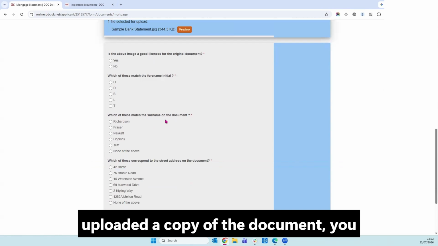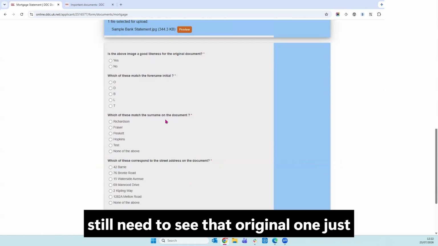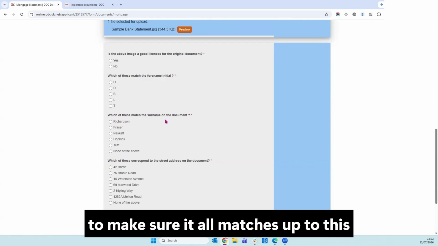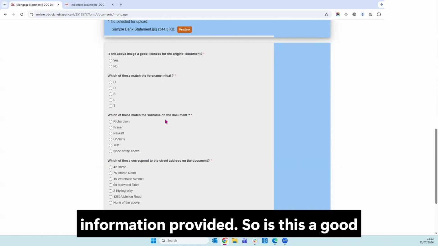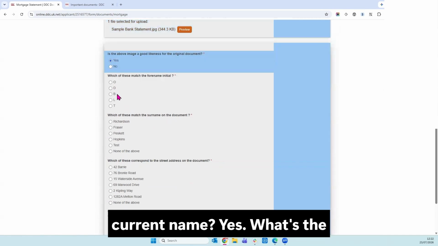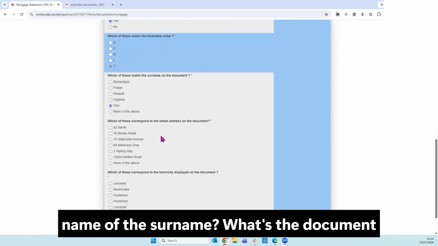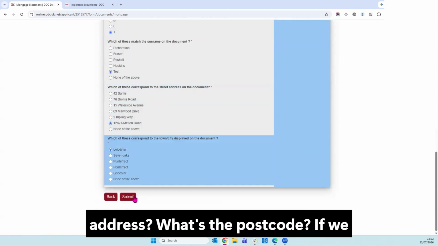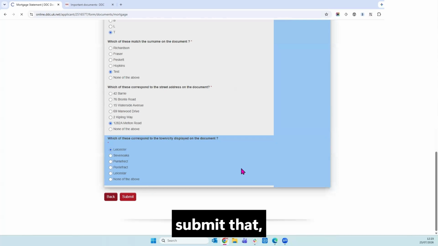So although you've uploaded a copy of the document, you still need to see that original one just to make sure it all matches up to this information provided. So is this a good likeness? Yes. Does this match this current name? Yes. What's the name of the surname? What's the document address? What's the postcode? If we submit that,